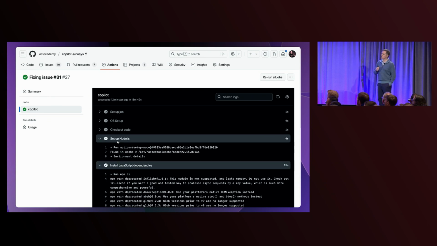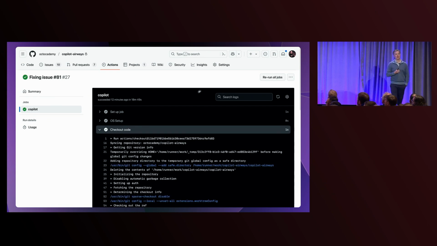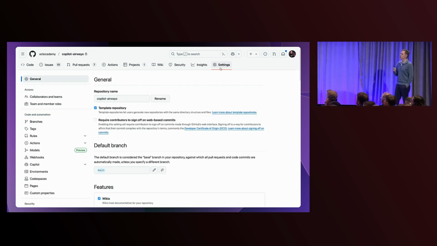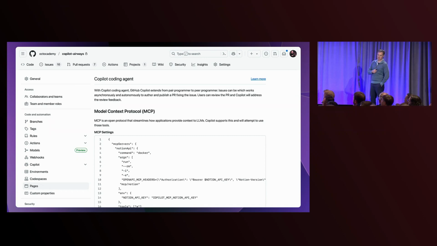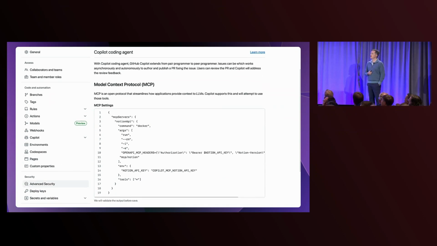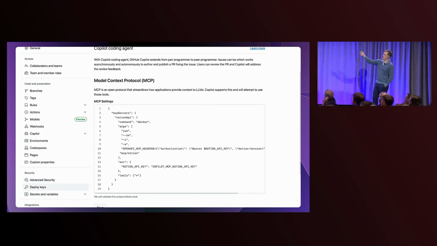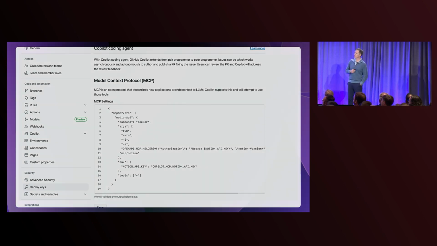And here you can see, you can even go and look at the raw actions logs of what happened behind the scenes when Copilot was running, and you can see what it did. And then finally, in our repository level Copilot coding agent settings, you see we configure our MCP servers just like we would within VS Code, with an MCP JSON file. We can bring that file over and configure it for our repository. An enormous number of tools are available to give Copilot much richer capabilities within the platform.